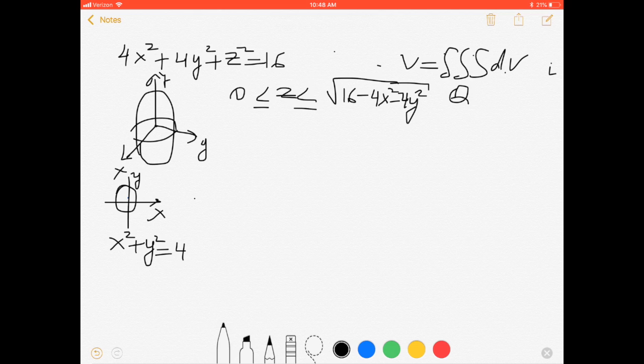We need to take only the part where x and y are both positive. This means your y is positive and goes up to the square root of 4 minus x squared. How does your x change? x changes from 0